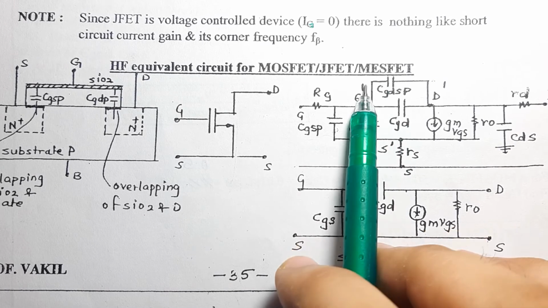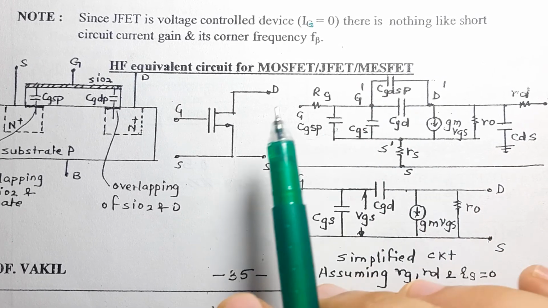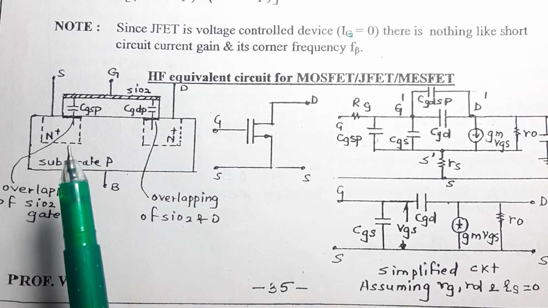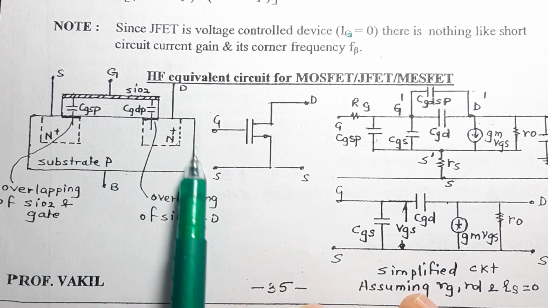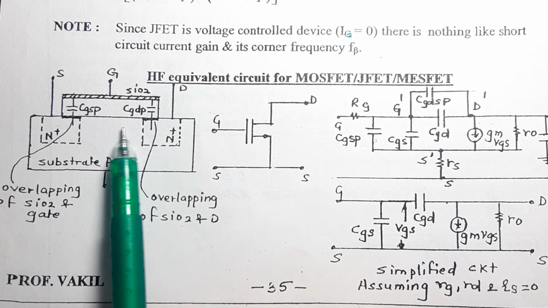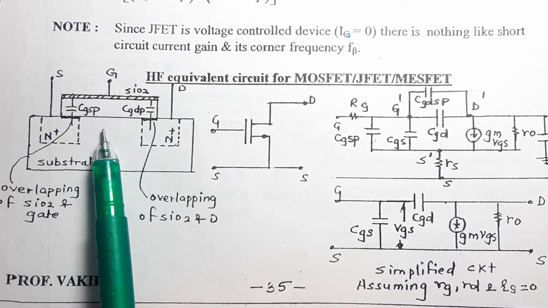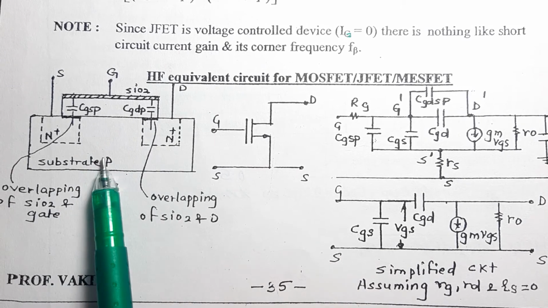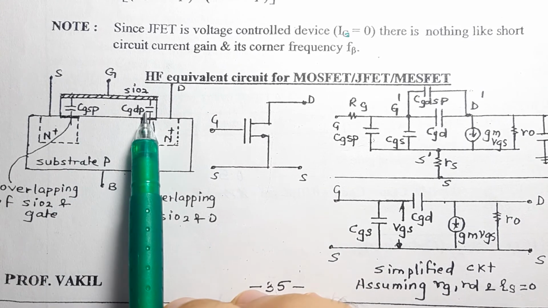In case of future we might turn to the MESFET, so your diagram is something like this. Now this one is what we had seen, the simple one. We had two terminals over here, one was source, one was drain, then there was an inversion layer due to the accumulation of electrons. There was a substrate over here, there was CGSP and CDP.